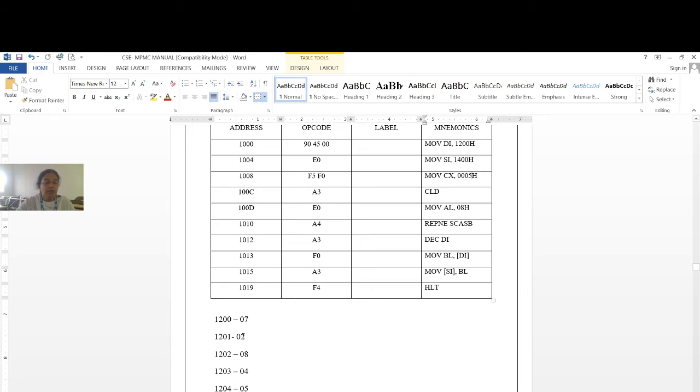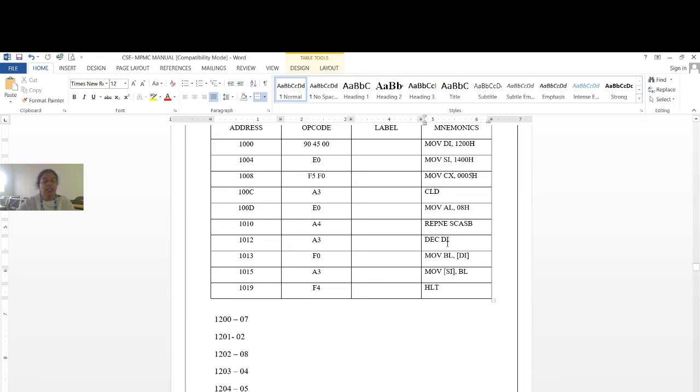Now we take the second number, and DI will point to 1202. We compare 08 with 02. Here also both are not matching. So we take the next location, and 08 is compared with 08. Both are matching now. The repetition takes place until they are equal. Now they are equal, so you come out of this instruction.